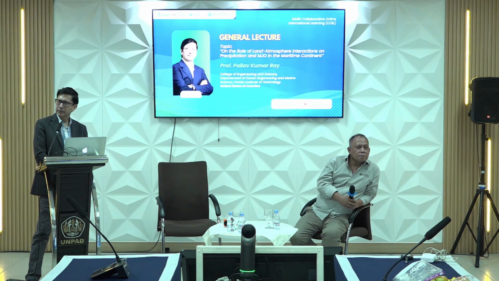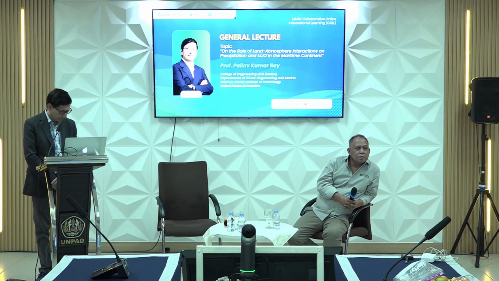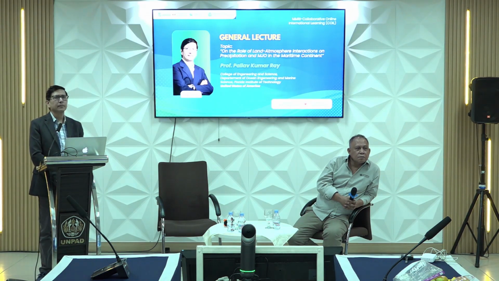Good morning, everyone. First of all, thank you for your very insightful presentation. My name is Zahrani, and I would like to ask you a question. If the seasons in Indonesia occur at the same time every year, such as December, January, February, March, April, May, June, July, August, and September, October, November, while the MJO phase appears at irregular times, and rainfall in Indonesia is also influenced by topographical conditions, then how do these three factors interact in influencing the intensity of rainfall in Indonesia?